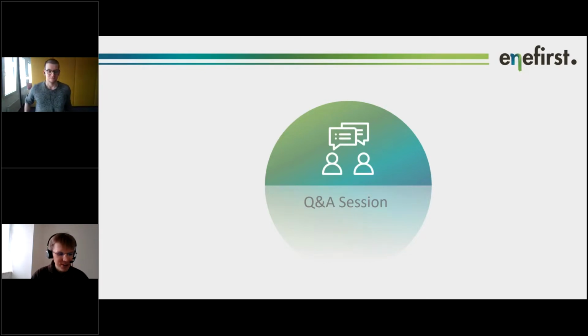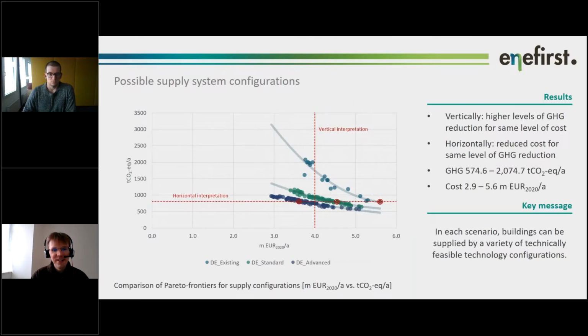And also another thing that can raise questions is that you mentioned natural gas boilers as part of even the advanced scenario, but would they be in place until 2050? Because that sounds strange to see still natural gas boilers, yeah, if the objective is to achieve carbon neutrality by 2050.